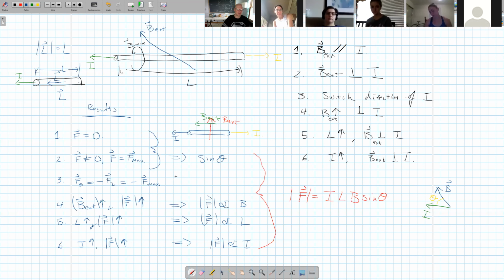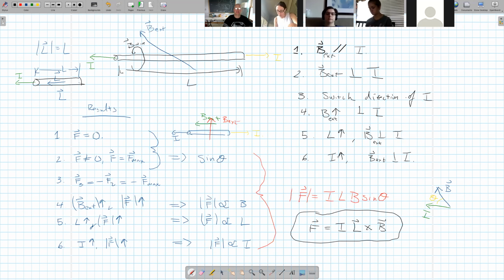So what does number 3 imply to us? Number 3 implies to us that since this thing changes if I change the direction of the current, in vector form, this is what's known as a cross product. So the force on a current carrying wire is going to be the current times L crossed by B. Okay, so this is actually the force on a current carrying wire. This is I L cross B. Okay. This brings us to